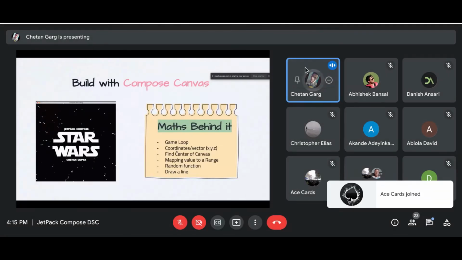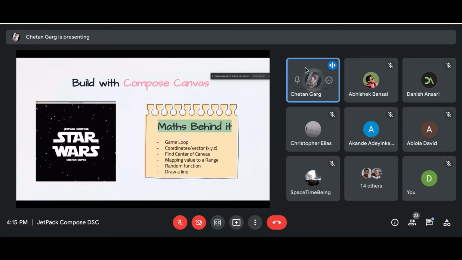For this you need to also know your coordinate geometry, very basic coordinate geometry. You don't have to know complex stuff like planes and all that, just basic geometry. Or if you are very familiar with the concept of vector, that will also work. And heads up, the Kotlin language doesn't have a vector data structure by itself.